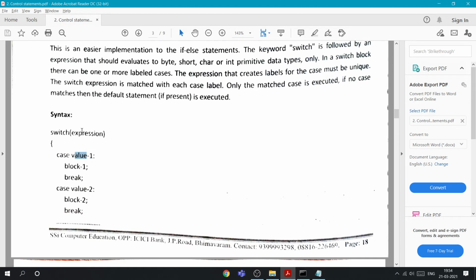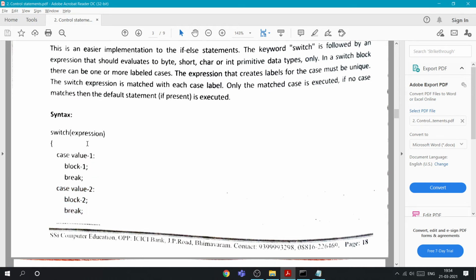Suppose we give the input A equals 2, so it will check which case value matches, and if it is 2, it will execute that statement.